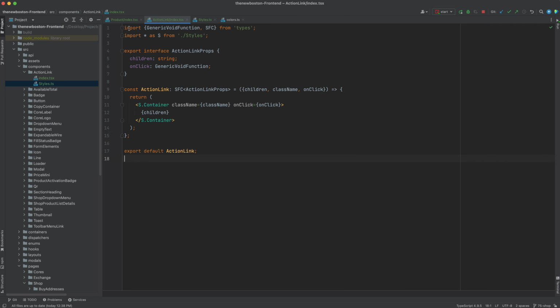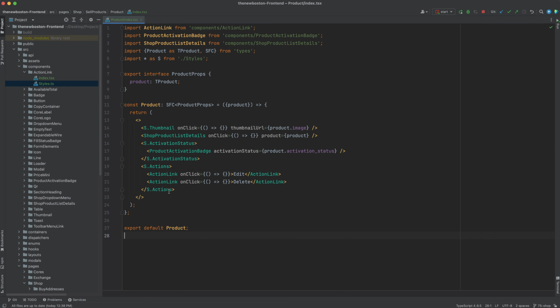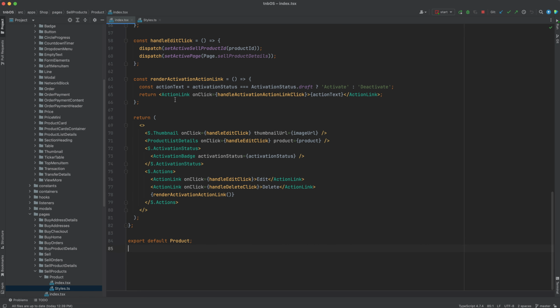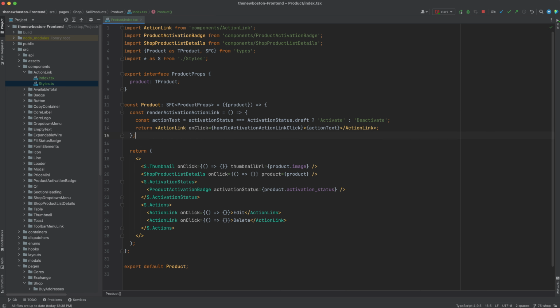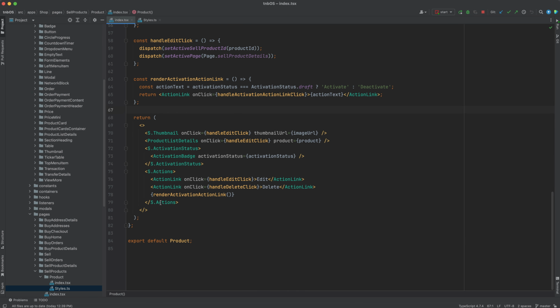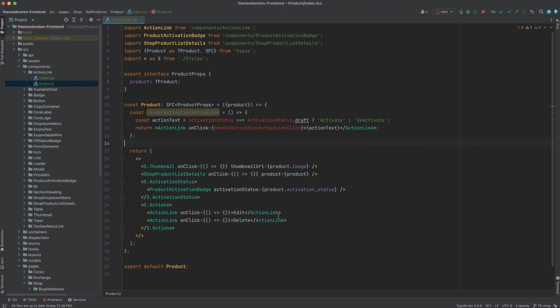And then what I'm also going to do is render out this other action link. So render activation action link. All right. And that is going to go in here. And then on click, it isn't going to do anything either. But basically, we are saying that